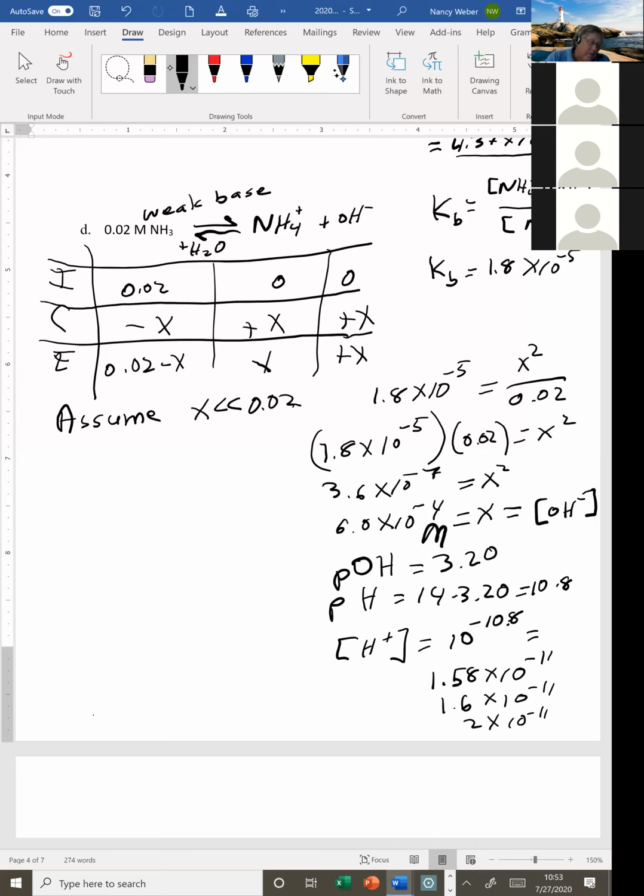Okay, now remember, there is another way to change between these, and that's using KW. Remember, KW equals hydrogen ion times hydroxyl ion. And you can solve using that. So 10 to the minus 14